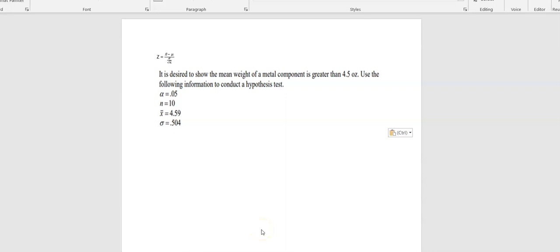So let's look at our second hypothesis test. It is desired to show the mean weight of a metal component is greater than 4.5 ounces. We want to use all of this information and conduct a hypothesis test. All right, so let's start with